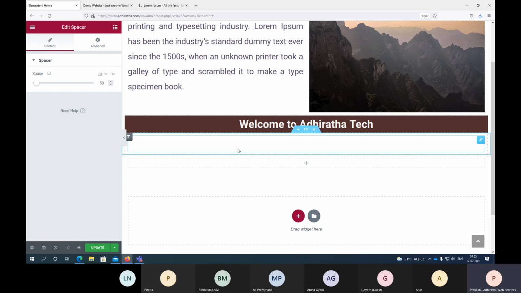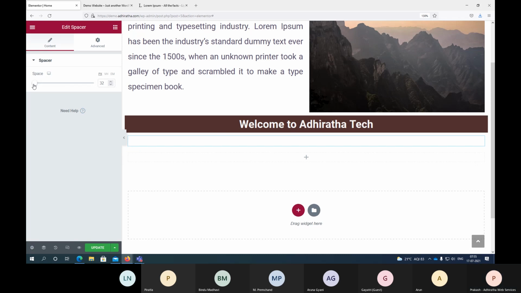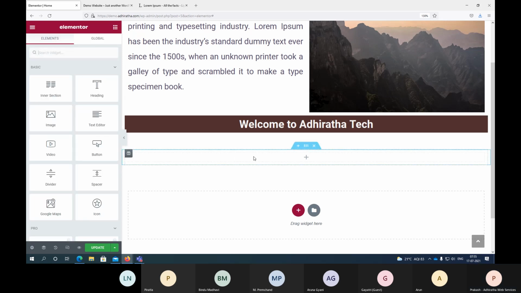So spacer is where we are just creating a space there so that everything won't look so congested for us. Again, you can increase or reduce it, depending on our requirement. So for us, maybe that is sufficient, right? So again, going back here, add. This time what do we do.